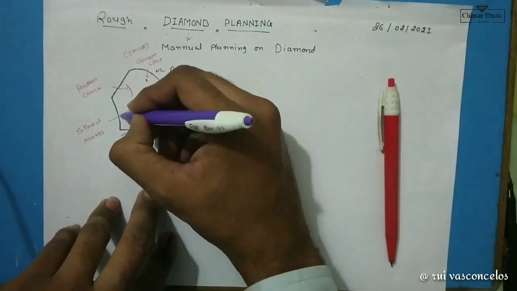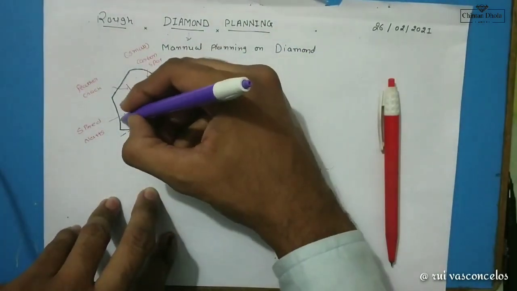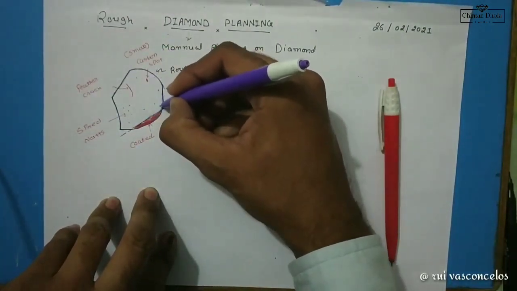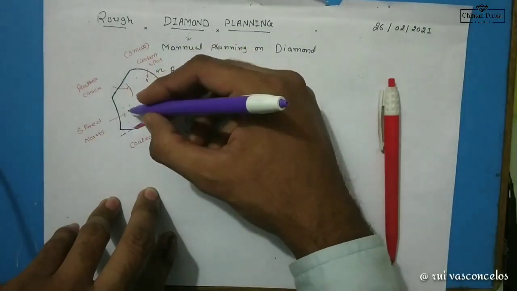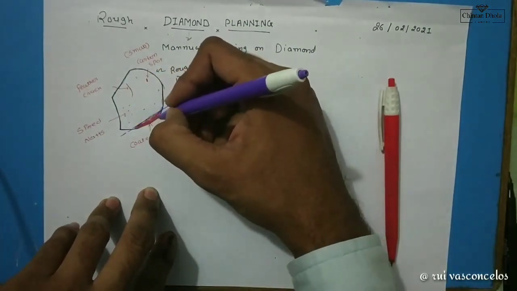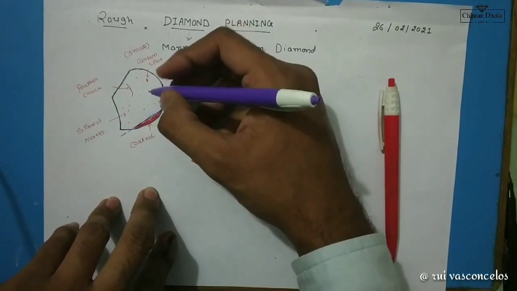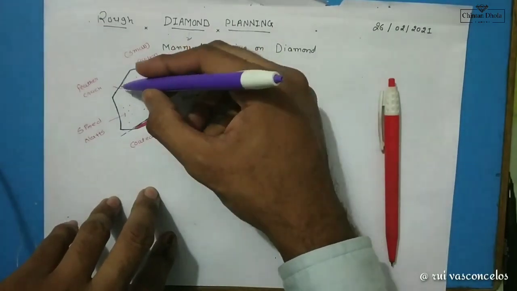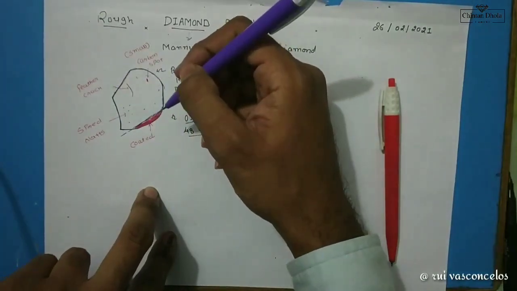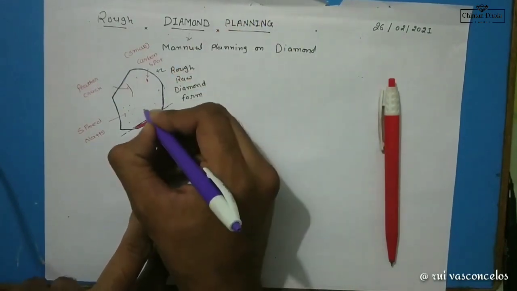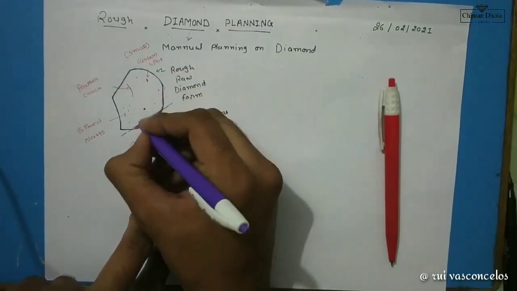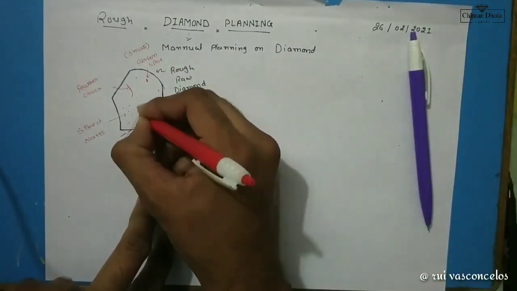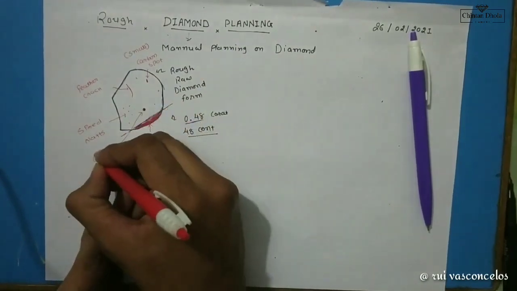You can also make a diamond from it, like you can put the table here. After that, you can put the culet here. You can also make a diamond with all the impurities inside it. That is also possible, but here the feather crack is very big, so you have to remove this feather crack. But you have to do a better plan. Like here you can see, one nut, it is also bigger. Now this is a nut, that is also called a carbon spot.